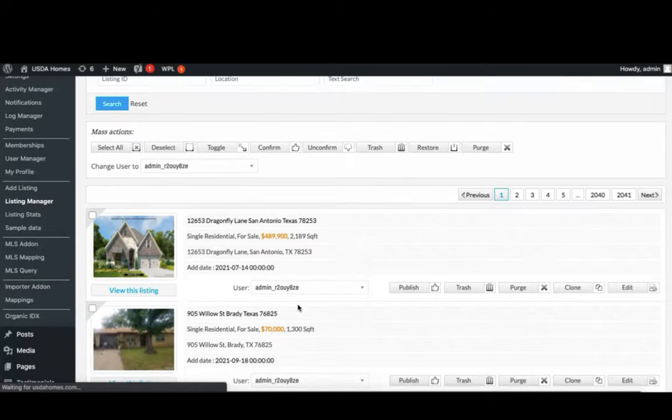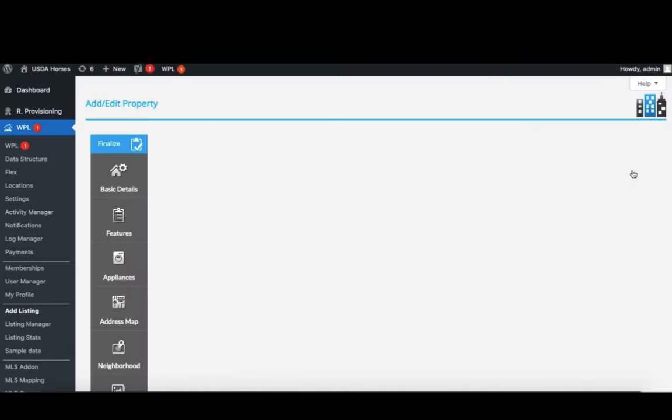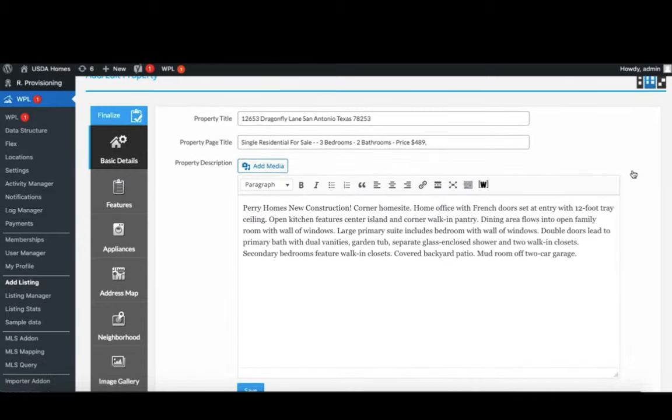This is a more user-friendly way for you to be able to view the listings that you've acquired from your MLS provider. An added advantage to having the listings directly in your own database as well is that our WPL Pro gives you the ability to also make edits to those listings. For the listings that you've listed yourself with the MLS provider, if you have access to more photos, more information for the listings, if you have virtual tour files or video attachments you would like to embed, or even other file attachments that you would like to add to the listings and make available for your users directly on the property details page of the listing,